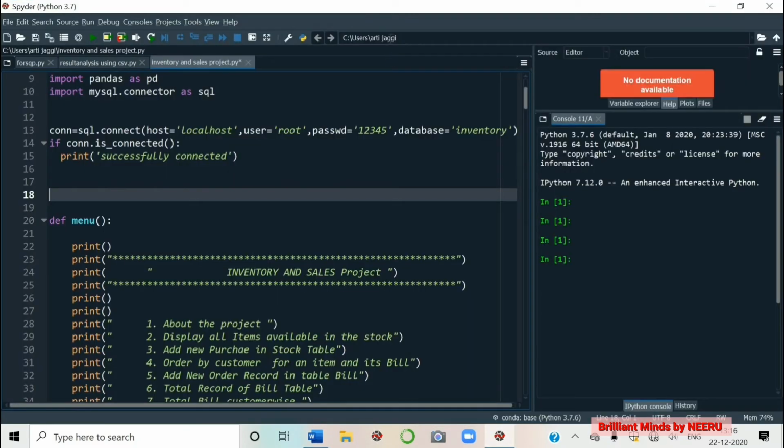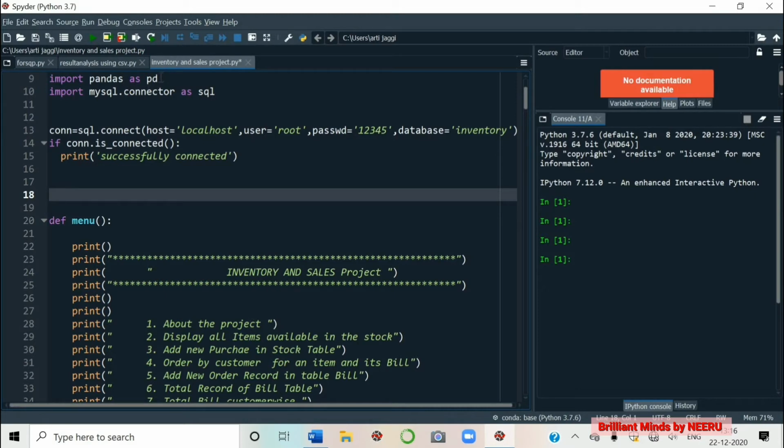Now let's come to this part. I'm going to show you output as well, side by side, both the things. I'll be explaining the coding and the output as well. So see here, import pandas as pd. You are importing pandas library. It contains few functions that are required in the project.